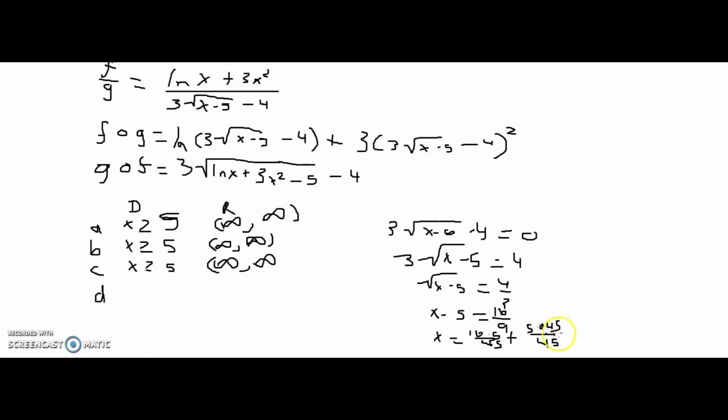Okay, so I fixed my mistake there. I was supposed to plus there, and then I'm also supposed to times by 45. And so what I wind up getting is 305 divided by 45, which will wind up reducing to 61 over 9. So this means that x equals 61 over 9 is not a valid solution either, so it means that x must be greater than or equal to 5, and 61 over 9 is greater than 5,